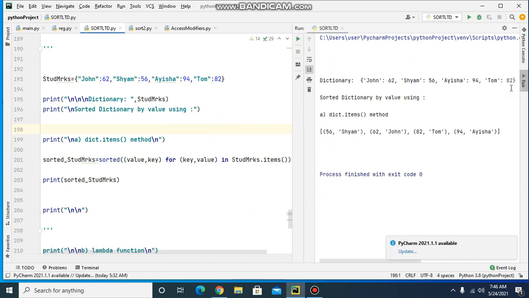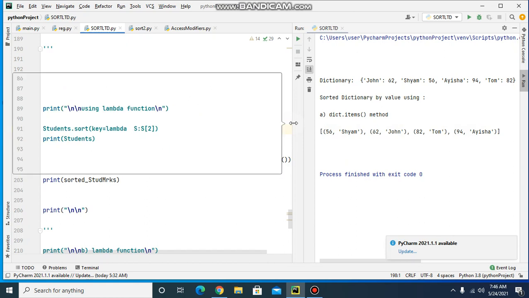So this is the dictionary. We are sorting the dictionary using the dictionary items method, that is this method here. And it has sorted in the ascending order of the values starting from 56 to 94. Now this output is in the form of list of tuples.